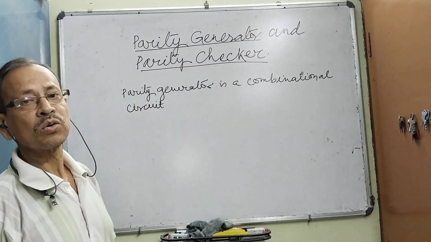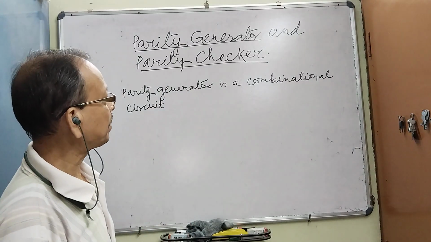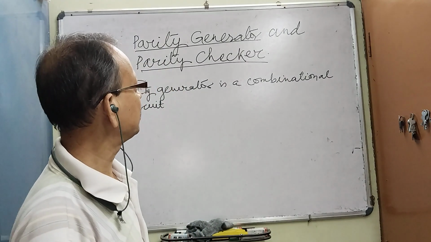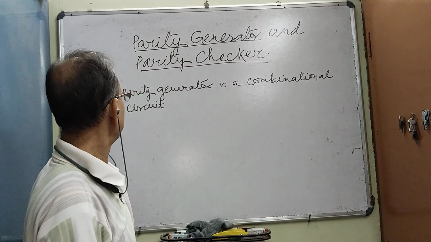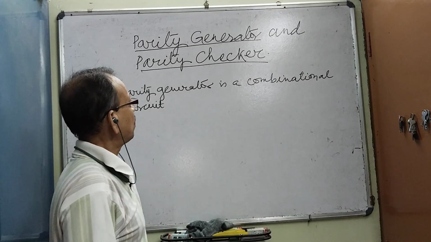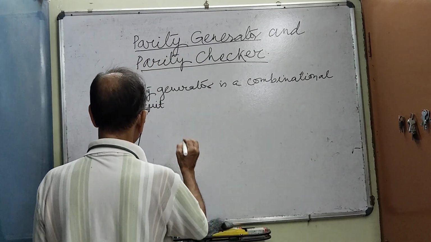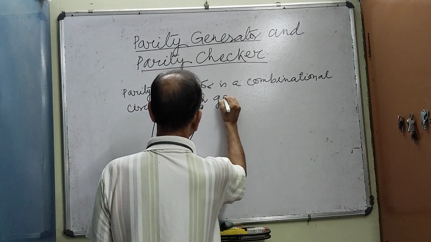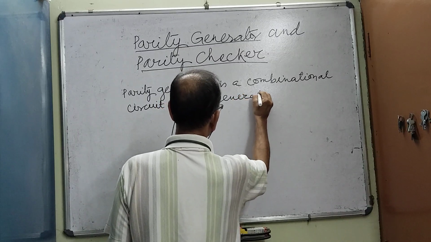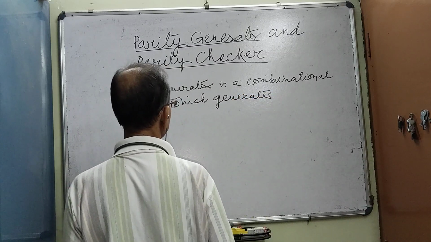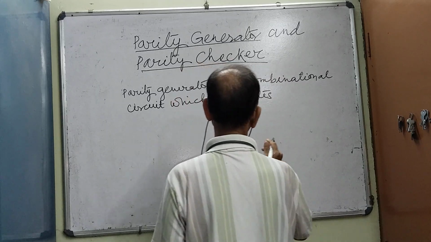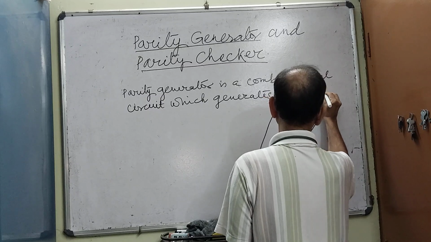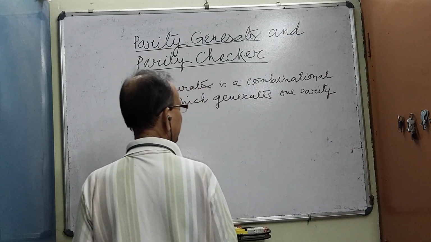There are two types of circuit. One is combinational circuit and the other is sequential circuit. I will discuss later. Parity generator is a combinational circuit which generates one parity bit